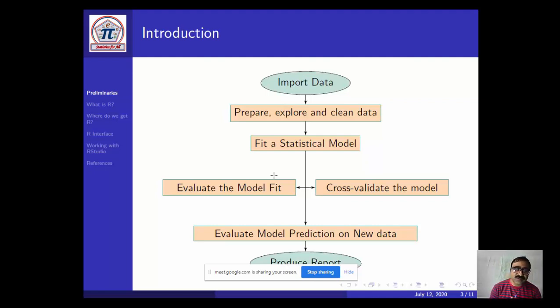After cleaning, we have to fit a statistical model and then cross-validate the model on the data, and evaluate whether the model fits well or not. If the model fits well, then we use that model. If the model does not fit well, we go for a new model. So this is a cyclic process.